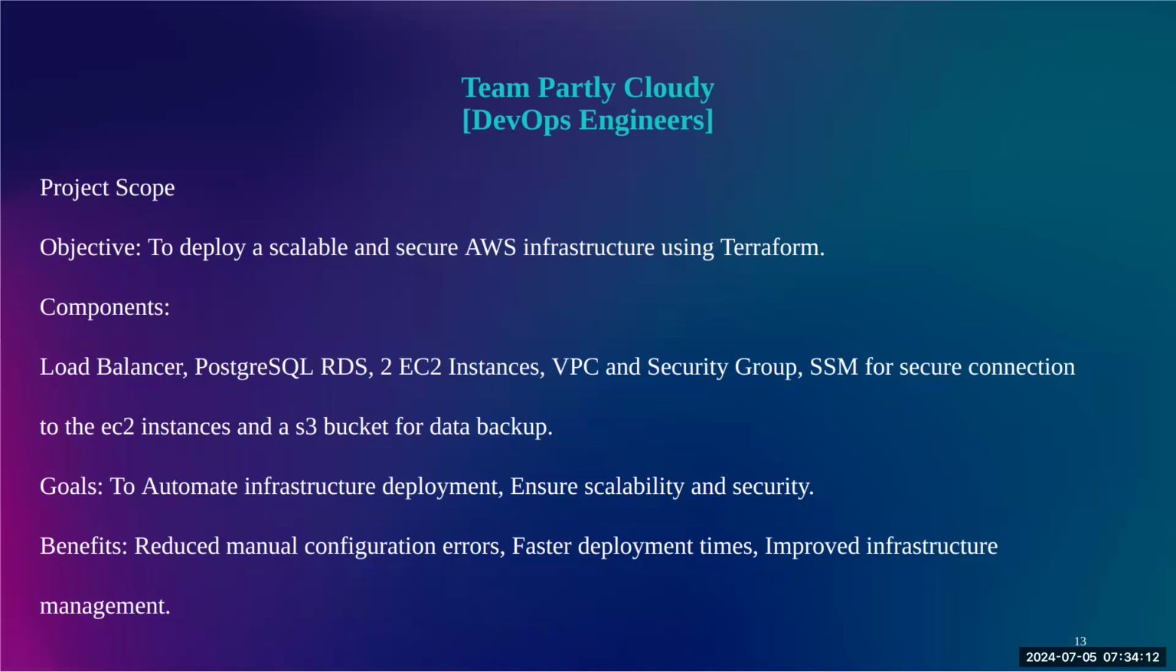A load balancer, because we have two EC2 instances, which are virtual machines, a Postgres database, a VPC security group, virtual private cloud security group for security permissions, and SSM for secure connection to the EC2 instance, which the reason for that is because I don't know if Hugo mentioned